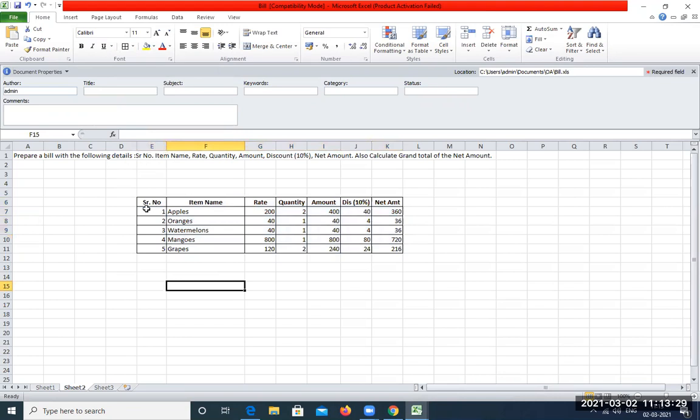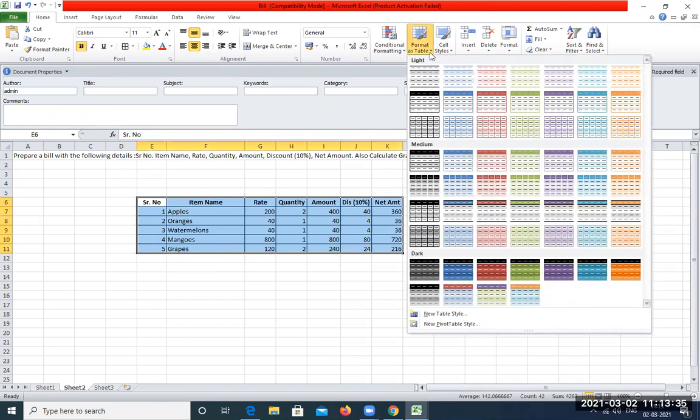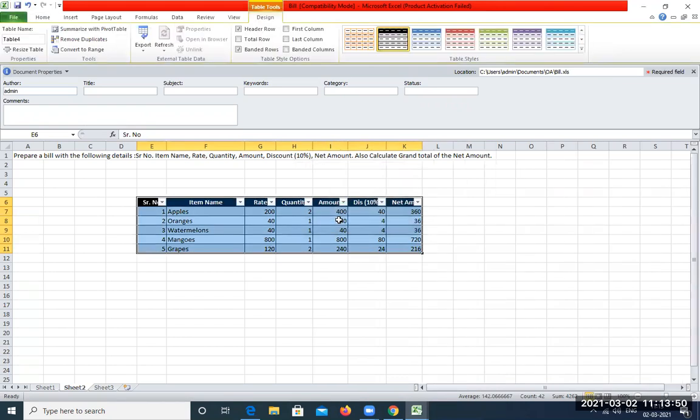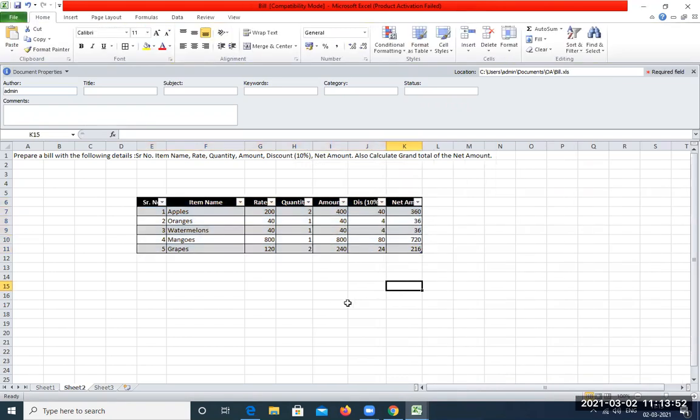And one more thing would be to select this entire table and then click on Format as Table and look for different color combinations that can be applied to our table. This will tell you the range, from which cell to which cell you want to apply. So you can click on OK and this is how the final output would look. So this is the second term work.